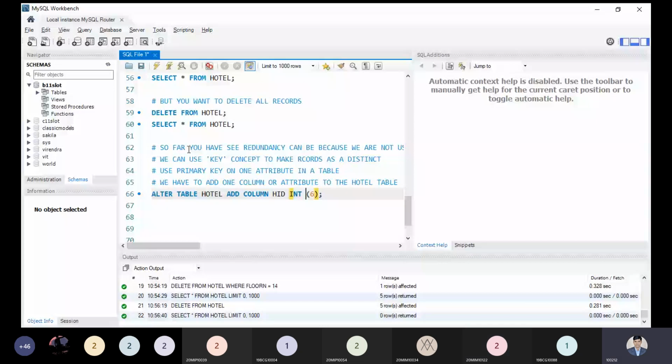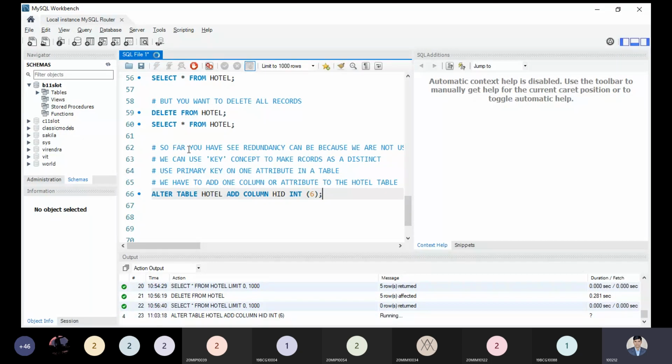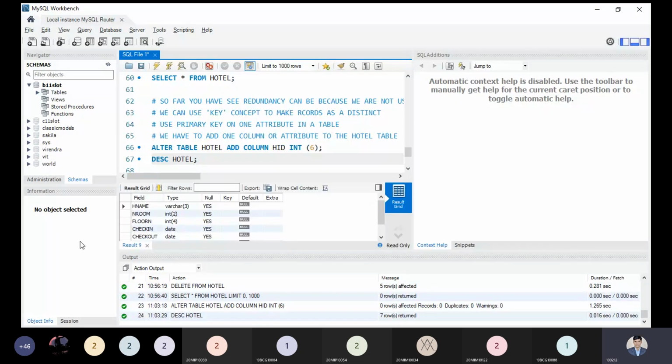Yes, tell me. Any doubt so far? No, sir. Okay. So after this point, let me execute this code over here. This code is perfectly executed, and that is the description of this part right now. You will be able to see at the last that this HID is added over here. Is it visible to us right now? Please keep in mind this information property.